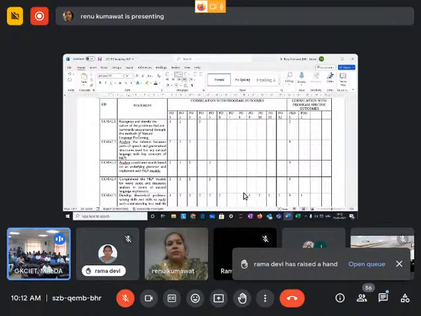Suppose on the visiting day you are on leave, and your colleagues are not able to explain that, then it will go against your department. Therefore, once the articulation matrix table is prepared, the logic, why it has been moderated, why I consider this as 1, this as moderate, this as high, should be kept in paragraph form below the matrix. Okay, sir. We will include it in all our course files.